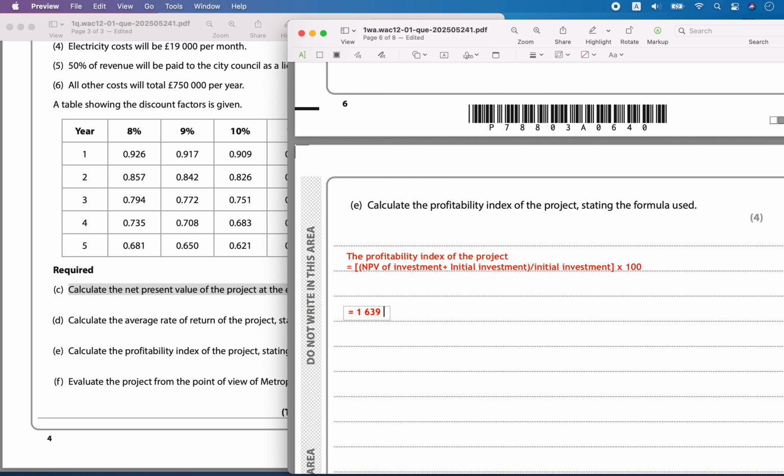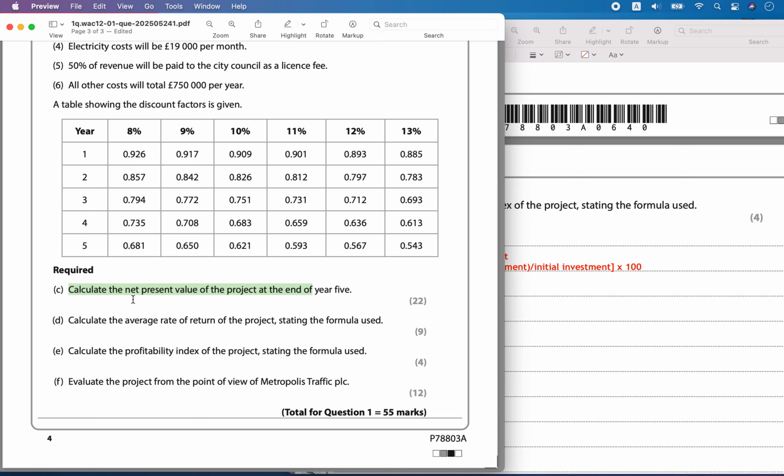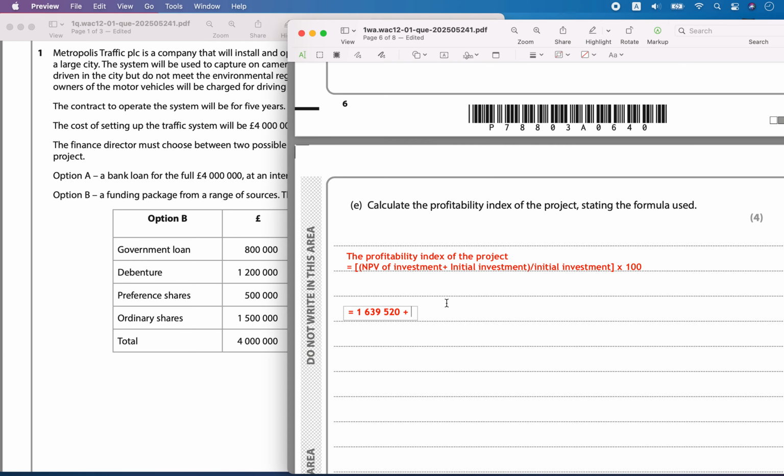So let's write it here: 1639520, plus you will add the initial investment. The initial investment for the project is around 4 million. So 4 million, with respect to the 4 million invested, times 100. So this is going to get my profitability index value. So that is going to be equal to 1.41. Okay, 1.41. This is the profitability